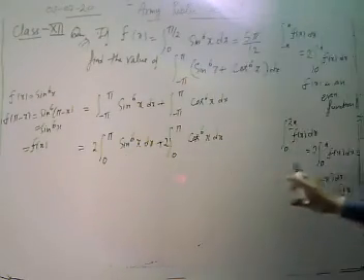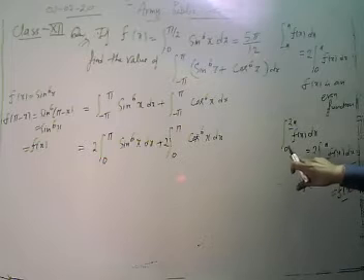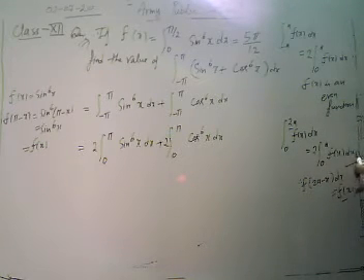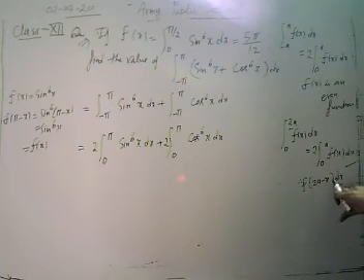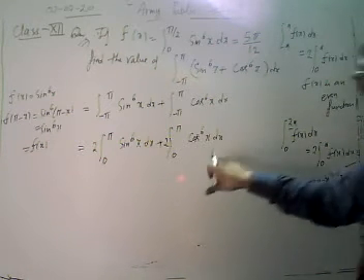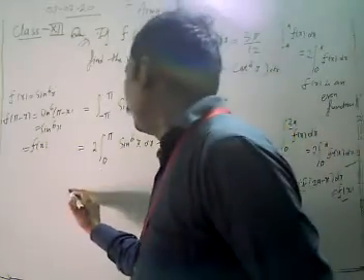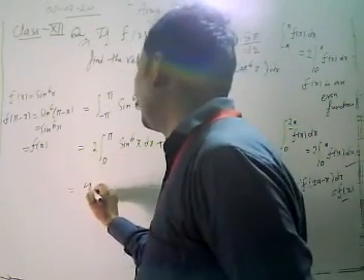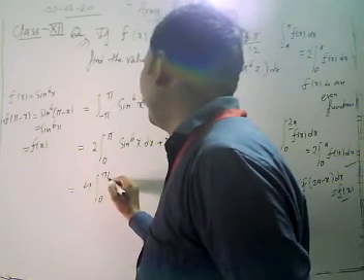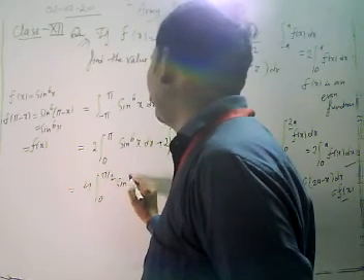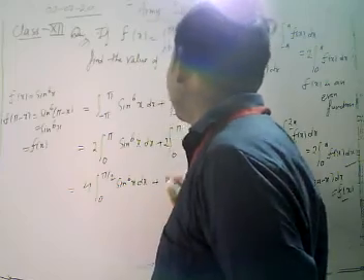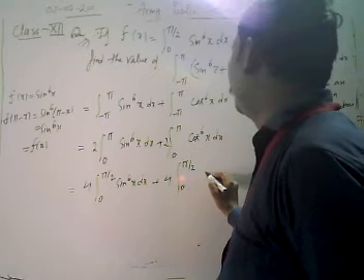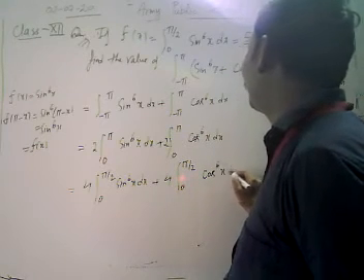Now, by using property number 7, what do we get? When we have the integral from 0 to 2a of f(x) dx, it is 2 times the integral from 0 to a of f(x) dx whenever f(2a minus x) is equal to f(x). Both are equal to f(x). Here we multiply by 2 and our limit is divided by 2. Then 2 into 2 is 4, times the integral from 0 to pi by 2 of sine to power 6x dx. Similarly here, it's 4 times the integral from 0 to pi by 2 of cos to power 6x dx.